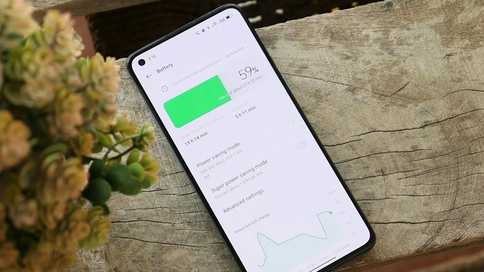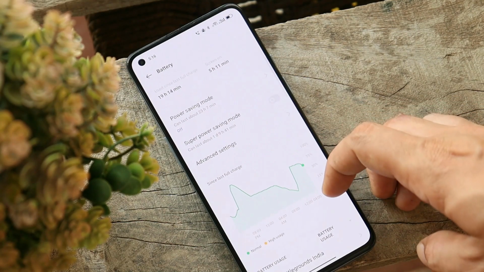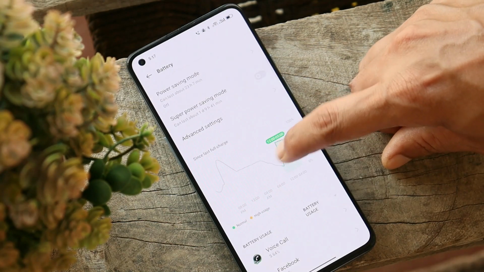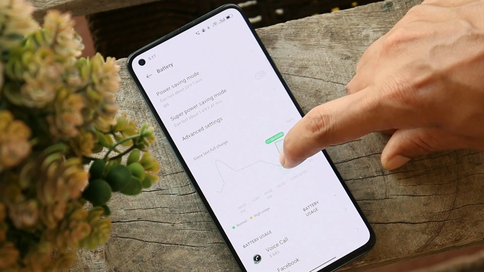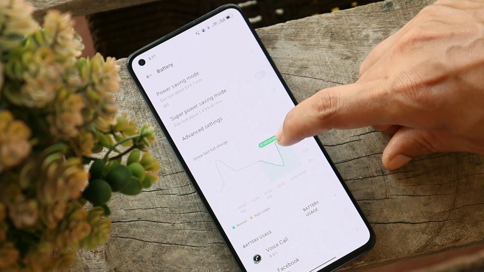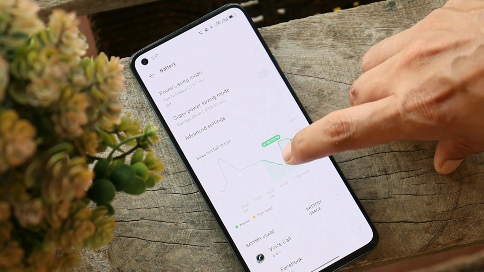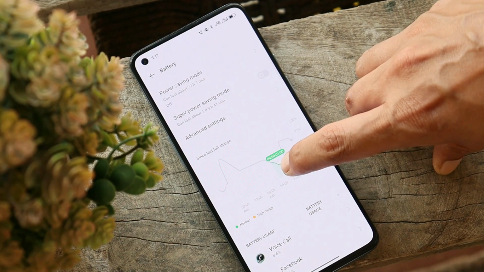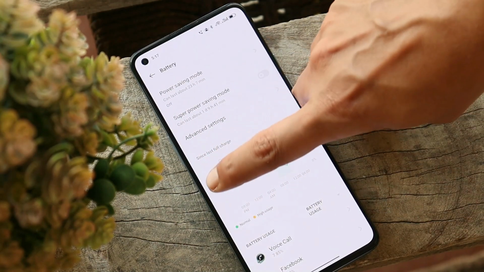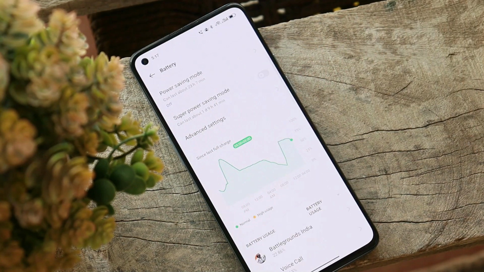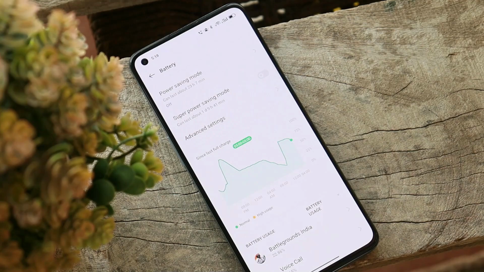Now the battery section has also been redesigned with a few new add-ons. So here you can see this is the new layout of the battery section. And here on the graph, if your device sees high usage or more battery drain, then at that place you'll see orange color codes. That indicates that your device was heavily used or there was extra battery drain. And if it appears to be completely green, that means your device has been running normally. I get to see orange color coding when I do gaming.